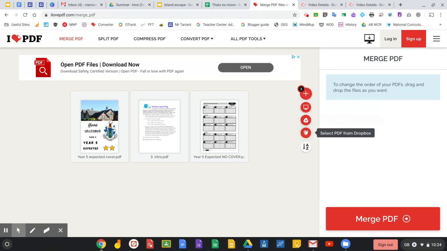However, it is worth having the three, because then if you've got something in a Dropbox from somewhere else, or you've got something that you've recently used or been shared with you, then you can actually source from three different places and merge them all together, which saves you just having to endlessly move things around in folders, unless you like doing that sort of thing to get things ready. That is the options you've got for different ways of sourcing PDFs. You do need to download them to your computer first, or at least to your Google Drive, before